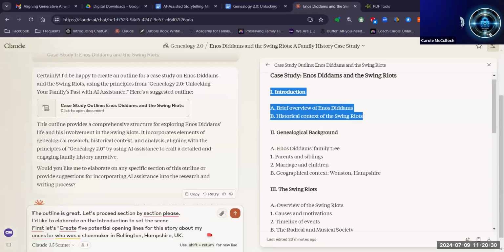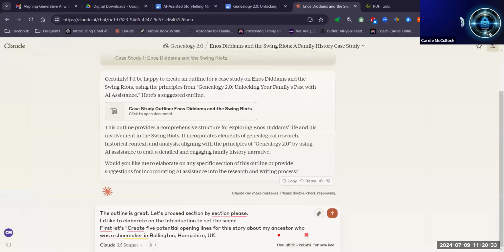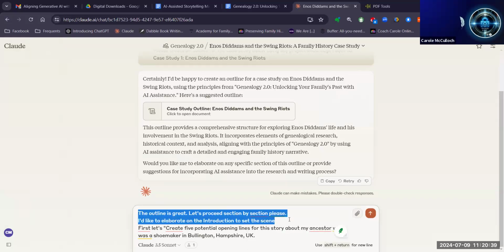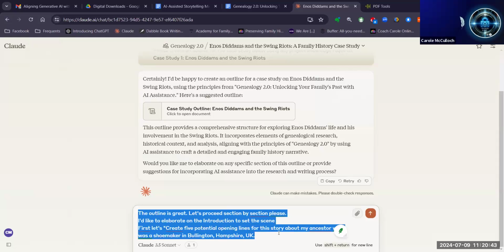So I've begun the prompt down here. I'll turn that off for the moment. The outline is great. Let's proceed section by section, please. I'd like to elaborate on the introduction to set the scene. First, let's create 5 potential opening lines for this story about my ancestor, who was a shoemaker in Bullington, Hampshire,